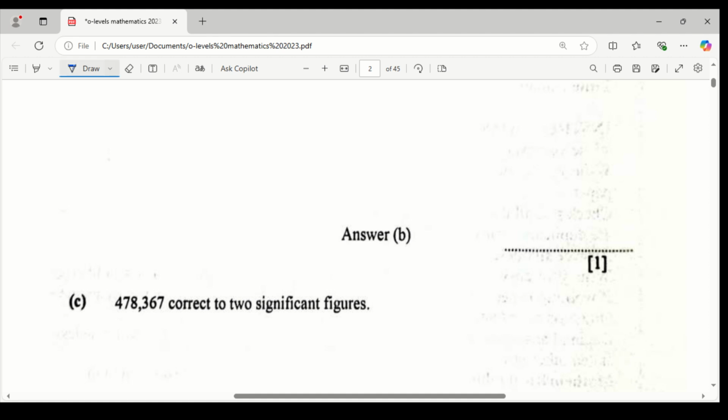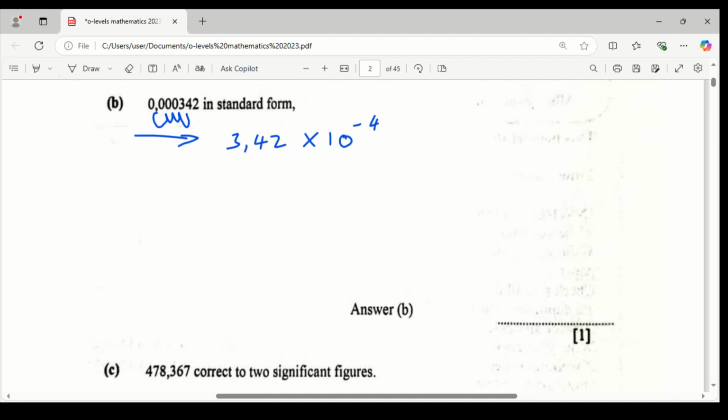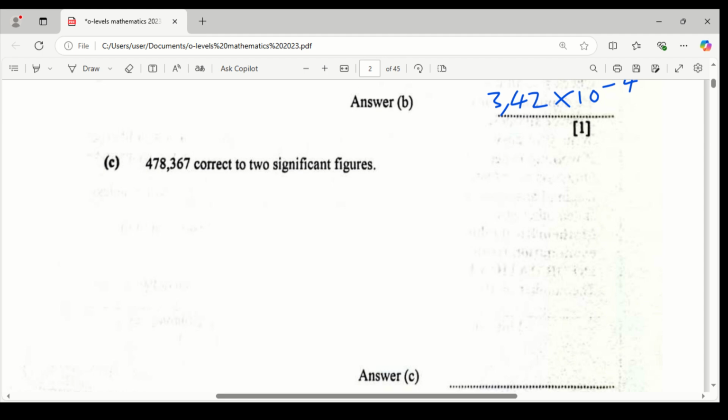So let me write the answer there for number 1b. The answer for number 1b is 3,42 times 10 to the power negative 4. And we move on to number 1c. So number 1c, it is saying